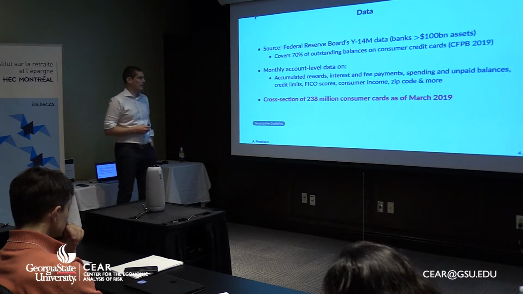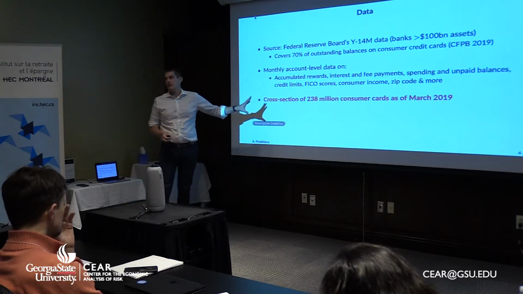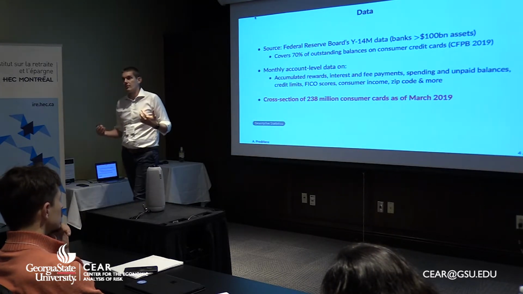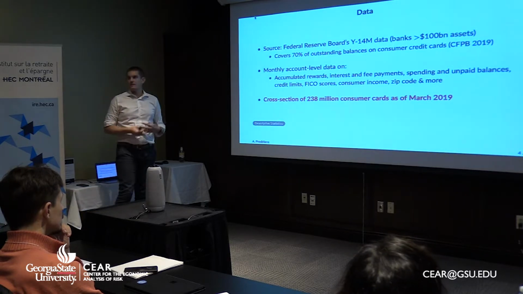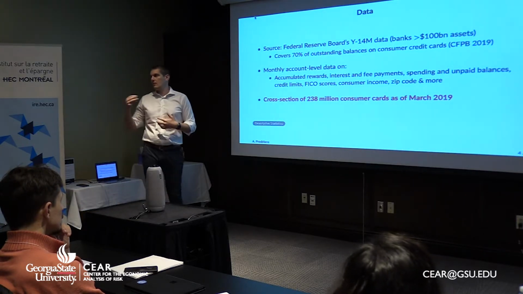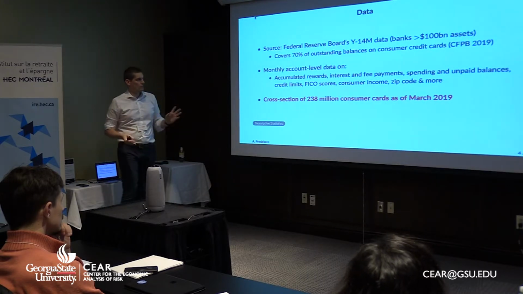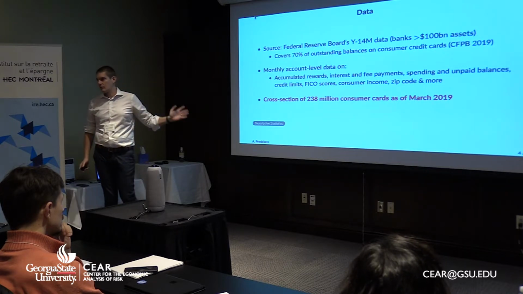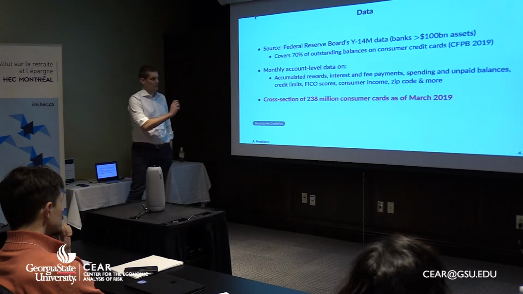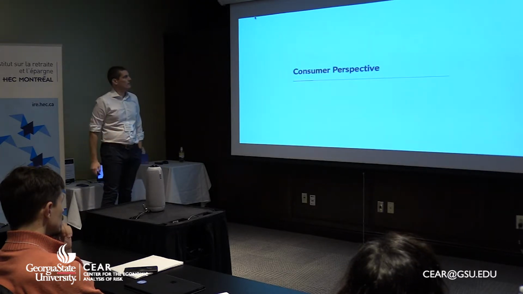cardholder and card specific. We basically focus on a cross-section. We have about 240 million credit cards in the US in March 2019. March 2019 is a sort of random month: pre-COVID, no Christmas, no Thanksgiving, nothing like that. It takes a lot to do what we do. At some point we want to run everything over 12 months and see what happens, but for now March is a quiet month to look at the data.